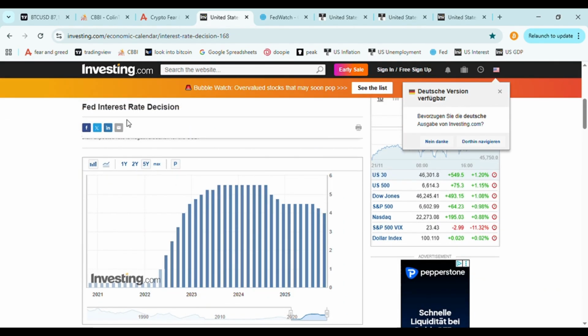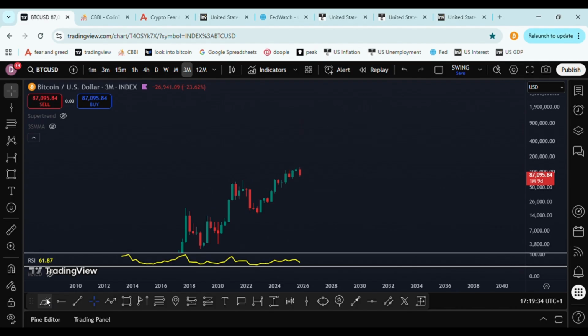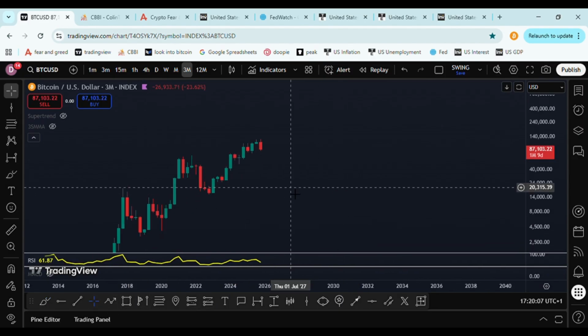Let's dive into my favorite part, the charts, of course. So looking at Bitcoin on a quarterly, we see that we normally have 1-2 green quarters and then a red quarter: 2 green, red, 2 green, red, 2 green. We can see that this quarter has been pretty red right now with October, November. This last quarter of 2026, we've been going down by minus 24% already. If you measure all the way from the all-time high, around 125k, we've been going down by over 35%. So that is quite scary for a lot of people.